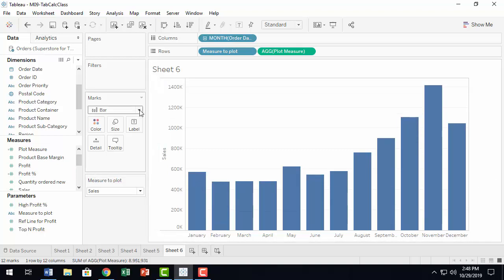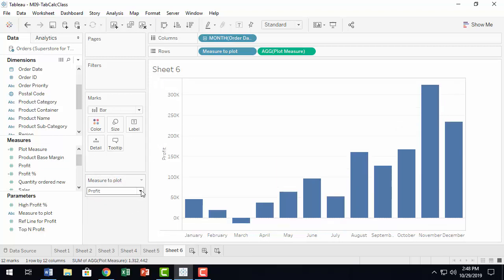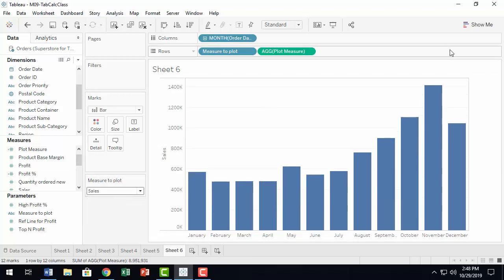Okay. So now select what you want, and that particular measure will get plotted. Okay. So create a parameter, link it to a calculated field, make it visible, link it to a measure, and plot that. Okay. Now let's